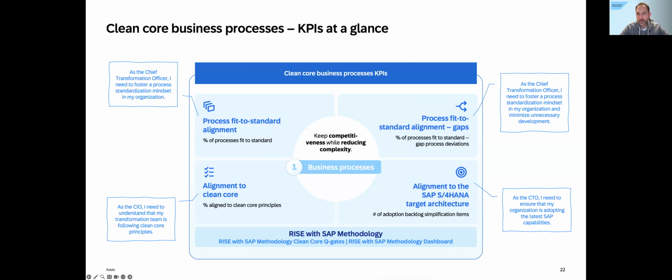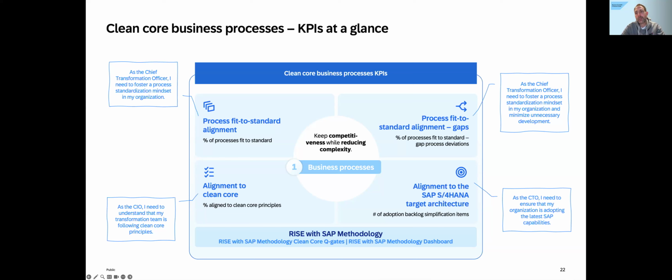Then there's the next KPI. You look at the processes that have gaps recorded, and you count them. So on how many of the processes that are part of my scope do I have gaps recorded? For that, we have a classification of what is a fit and what is a gap, which comes on the next slide. And then the next level is that you look at how many of these gaps I can only fulfill when I do some sort of enhancement, and where I violate clean core principles and where I do not violate clean core principles. That's the next one.